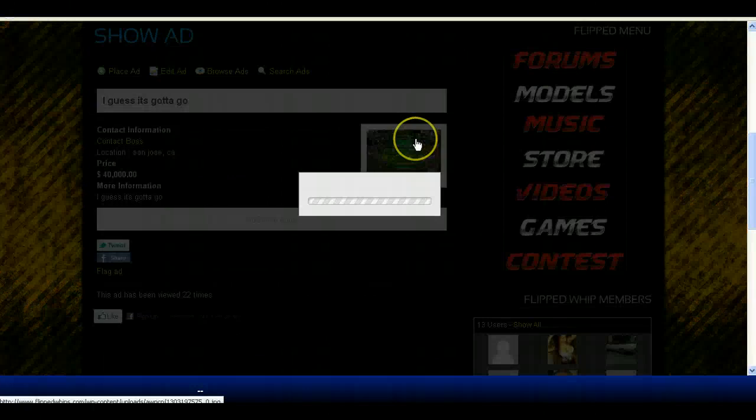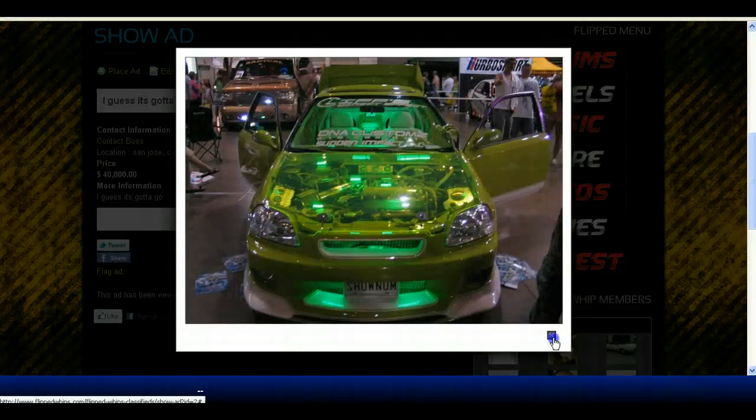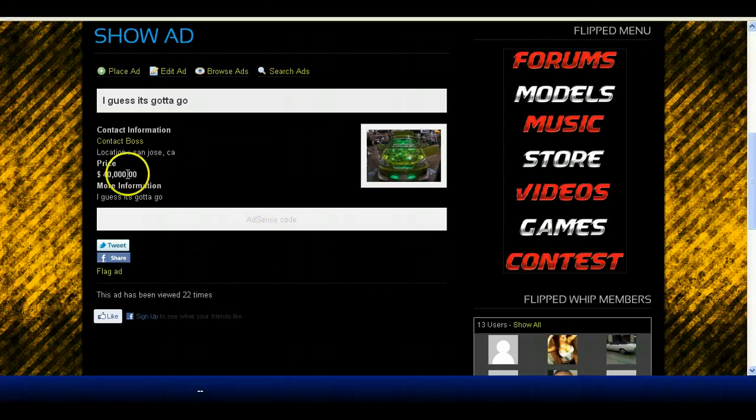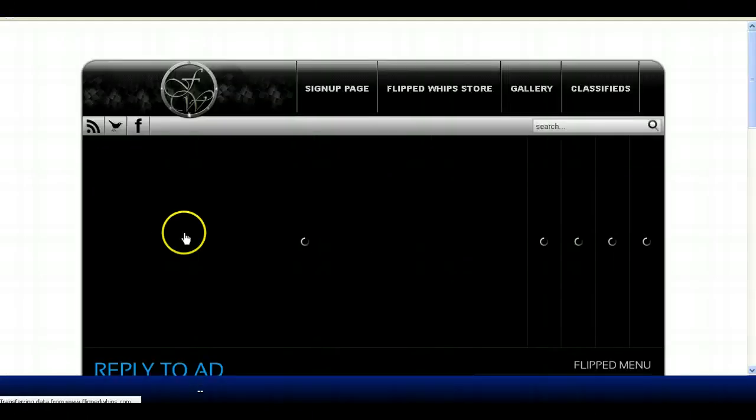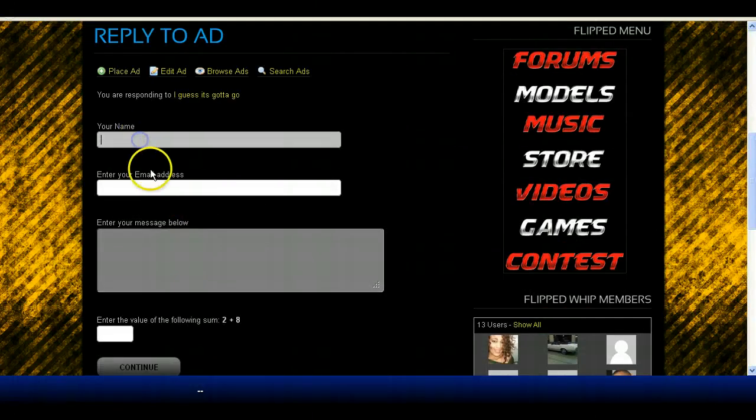And if we click on the picture, we'll see a larger picture of the car that's up for sale, and we can actually reply to it. So for example, if we click on contact boss, this is you that posted the ad, we can reply to it. I can put my name, email, I can put a message to the seller and send him a message. So it's a real nice feature,